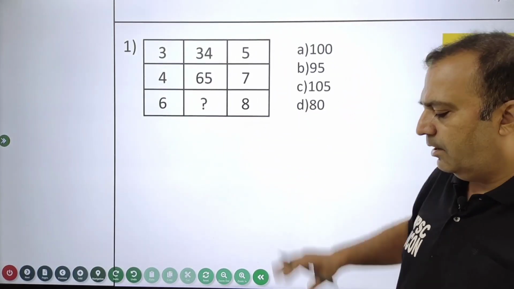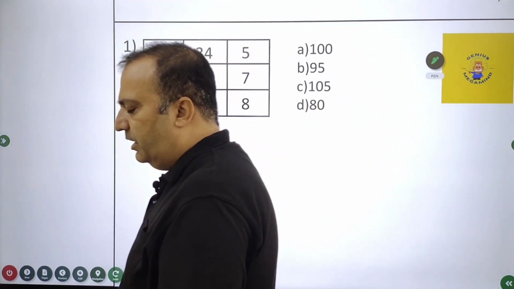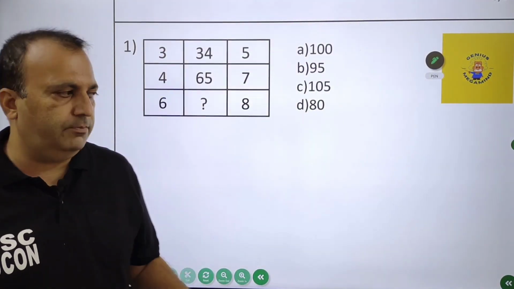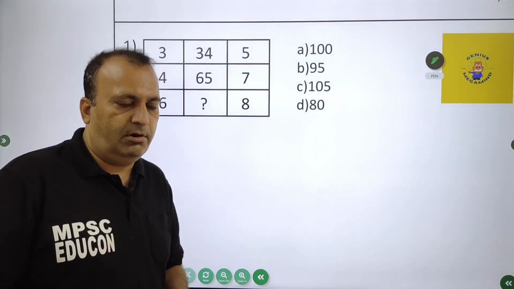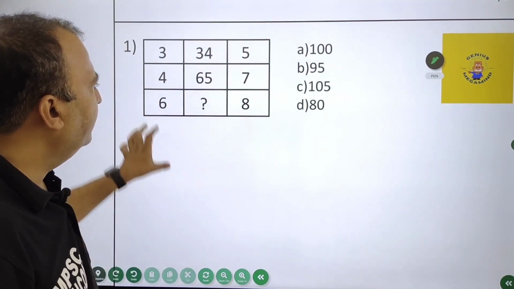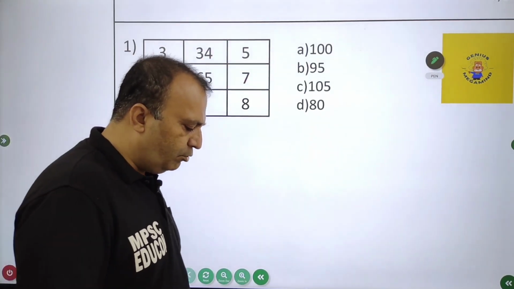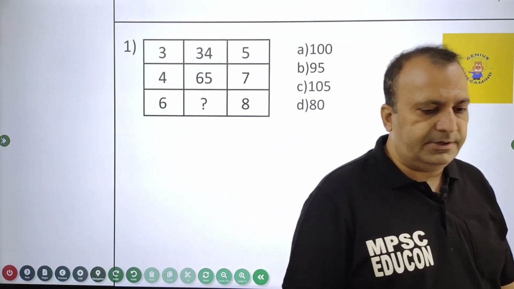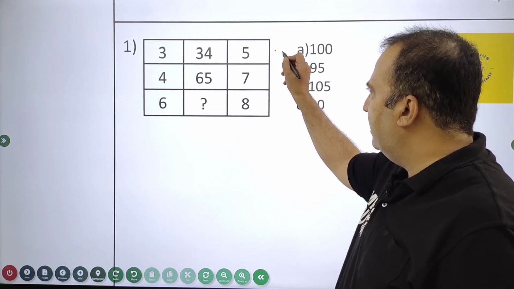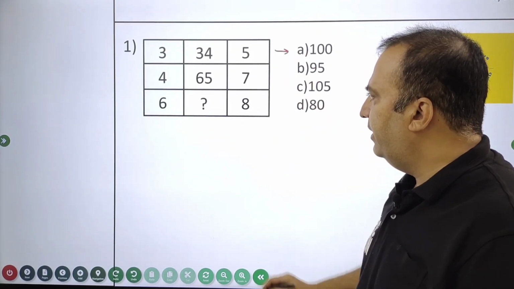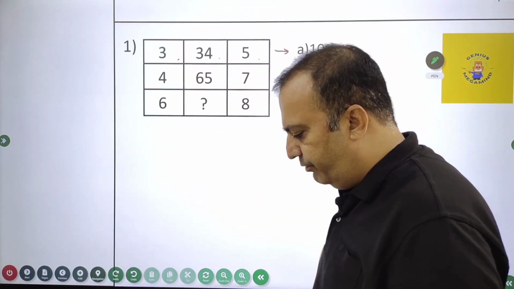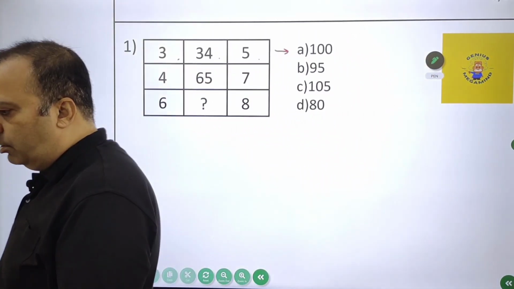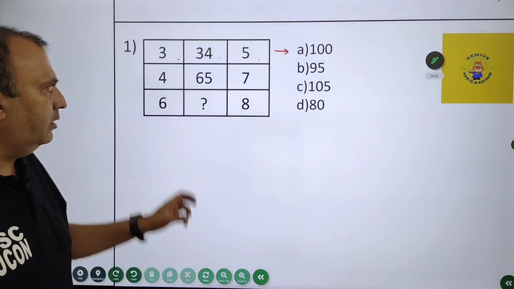Now the first question appears on your screen, and I have been telling you a number of times, whenever the question pops up on the screen, please pause your screen, try to solve it out, and then check out the logic. Now looking at the question, if I observe things in a row-wise manner, I find that there are two small numbers and there's a big number in between. So by utilizing the two small numbers, I am going to go for the big number.